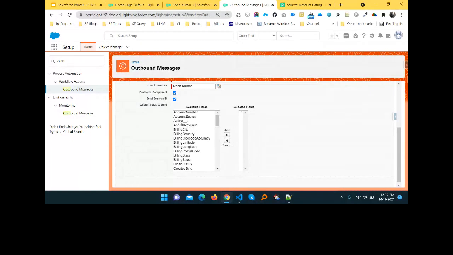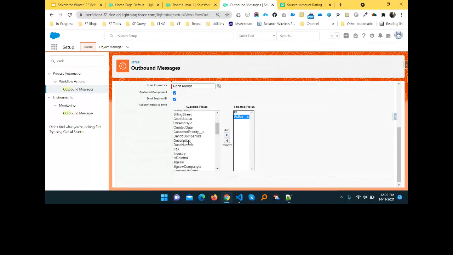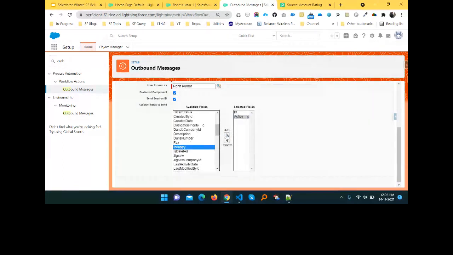And now you can see the fields. Let me select this field, active here, and now name, industry, and rating, because I want to send this data to this third party website with the help of flows and the outbound message.